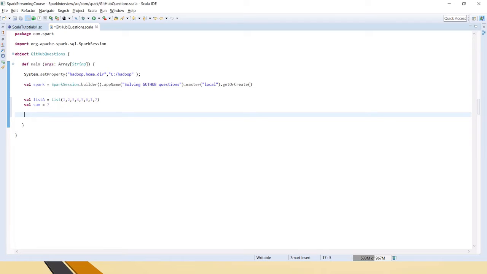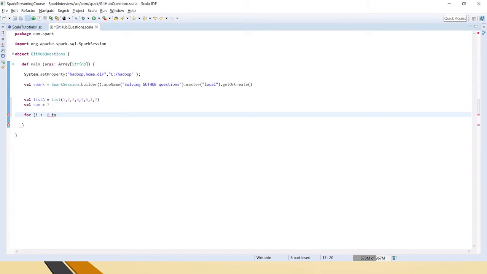Now we have to have two loops: one having the first value, and the second having the current value and the previous value. So for that I am taking two for loops, for i and j.